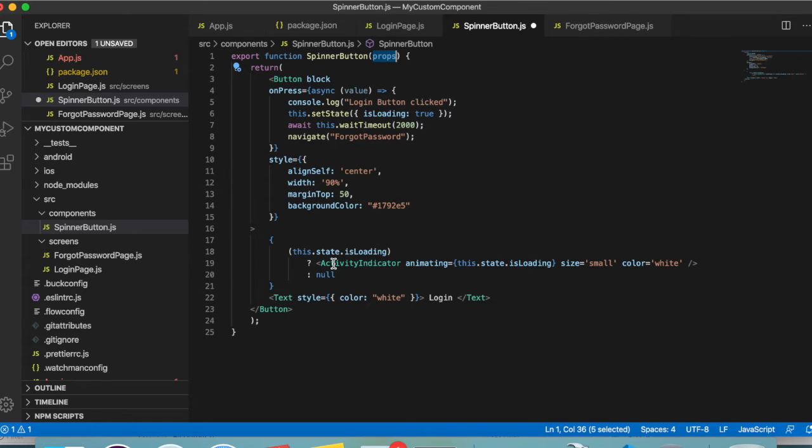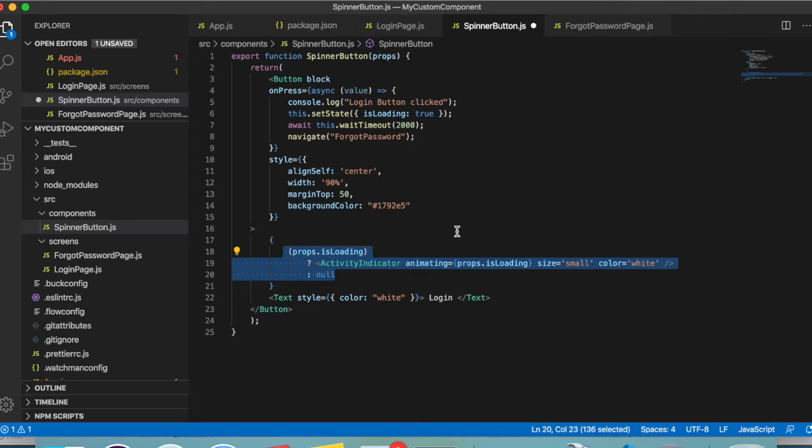So instead of this.state, we will be changing it to props. This way, our child component will be dependent on our parent component and will take whatever value has been passed from the parent component. From the parent component we have to pass a property named isLoading, so that whenever our child component is getting rendered, it will know based on the parent component what screen has to be rendered.